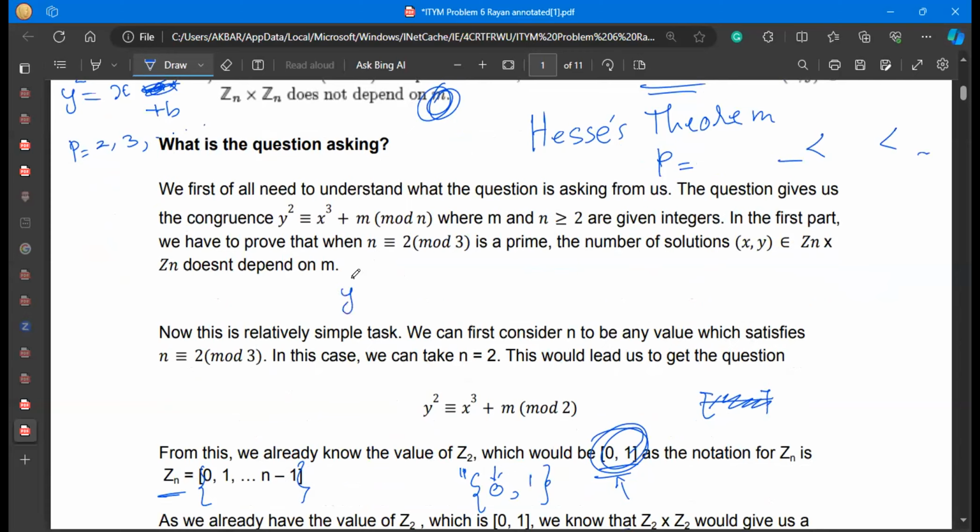वो चीज़ ये है कि y square is equal to x cube plus m. ठीक है, और हम देख रहे हैं इसको प्राइम मॉड्यूलाई में, मॉड प्राइम्स के अंदर। फिलहाल हम हर प्राइम को रख लेते हैं, बाद में ये वाला कंडीशन भी हम देखेंगे कि ये क्यों अराइज होता है। और इसमें ये देखिए कि अगर हम x cube plus m ये चीज़ देखें तो ये कब स्क्वायर के इक्वल होता है।